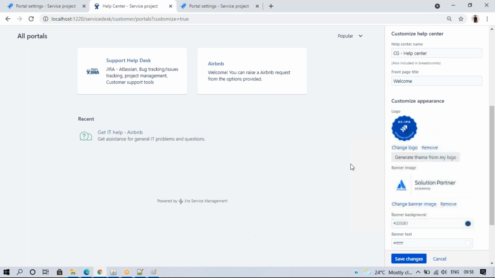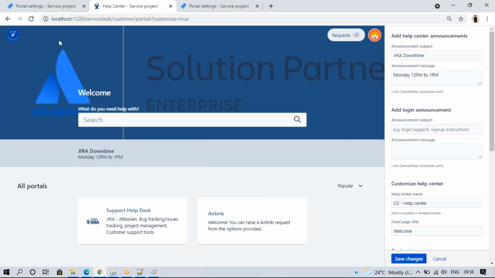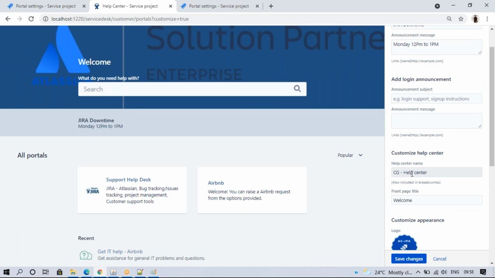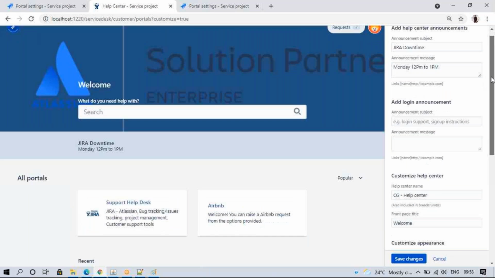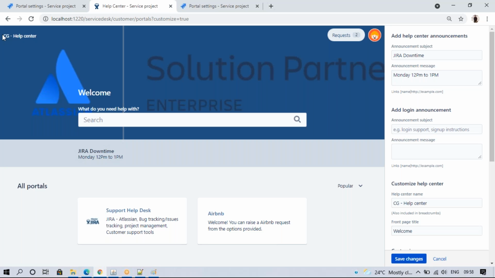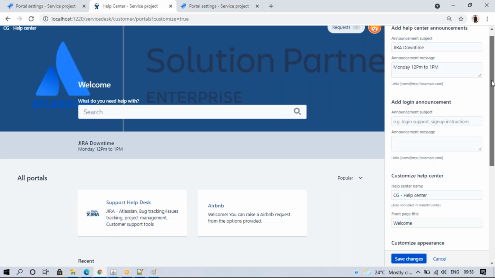Something I just put in here. You can see that in the top left side. See left side top, you can see slightly. That is the normal logo. When you put the logo, this name will not appear. Okay, CG help center does not appear. So when I remove this logo, you can see now it is CG help center. Okay, so two we have.